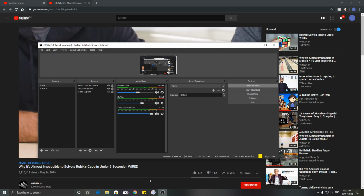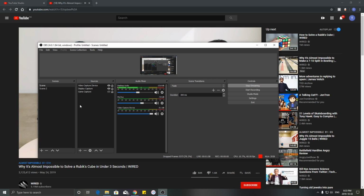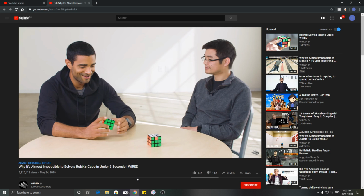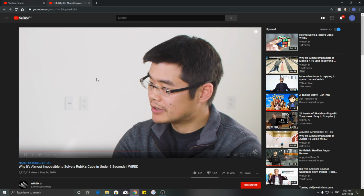Got it. Counterclockwise. So Mao taught me a method for solving the cube that he shows to beginners. Following his instructions, it took me 45 minutes to solve the cube for my very first time. What? I think if you spent the next 2 weeks on this, you'd probably get your time down to about...